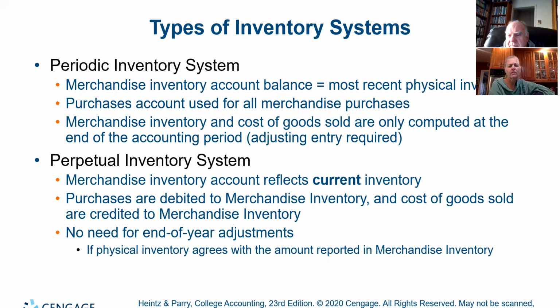Okay, so oh, because it's online, you said. Yeah, well, what we're saying is under the perpetual system, when you hand your credit card at Costco and they swipe when you bought those 4 televisions, as soon as they swiped the card, I'm sorry, they debited cash and they credited sales, but they also credited the inventory for the cost of those 4 televisions, right, and debited cost of sales.